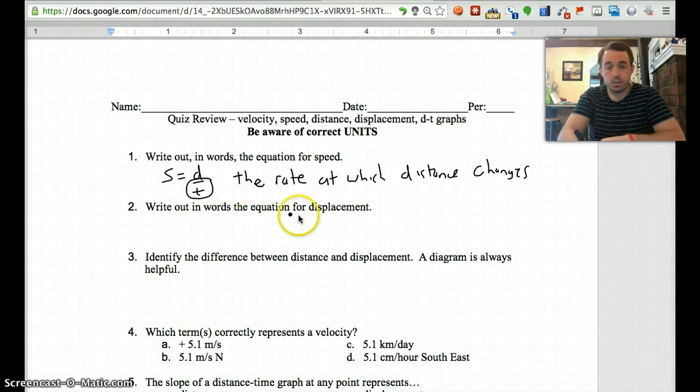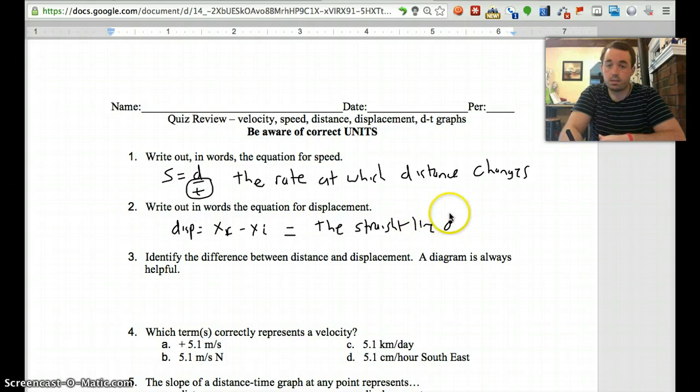Write out in words the equation for displacement. Remember that displacement is the straight line distance between starting and ending points. So we've touched just a little bit on the idea of position. Really not an important equation: the final position, if x is position, minus the initial position. But in words, what we would really say is, as we put it, the straight line distance